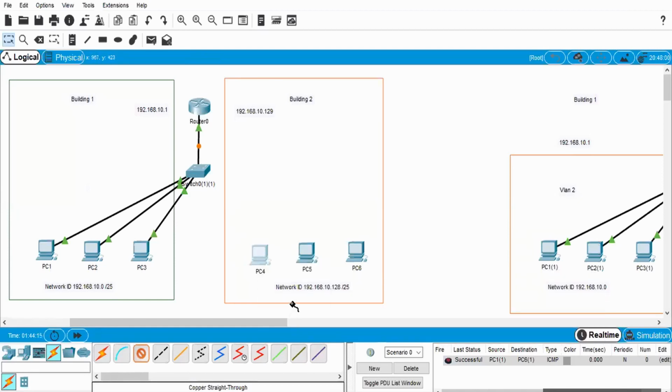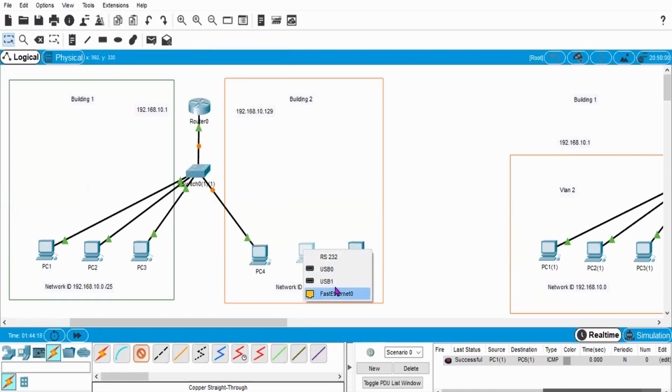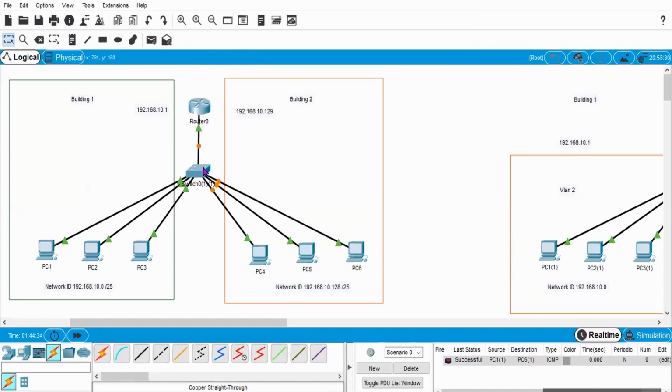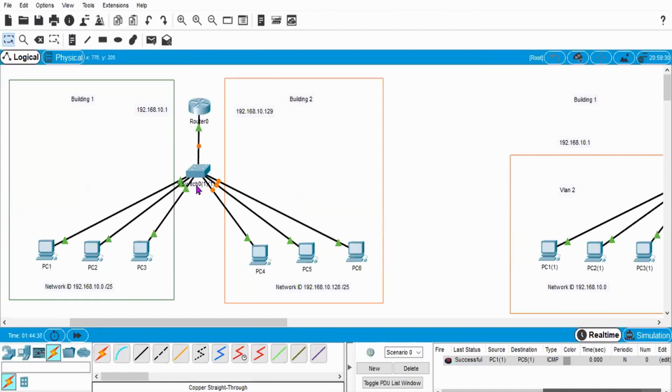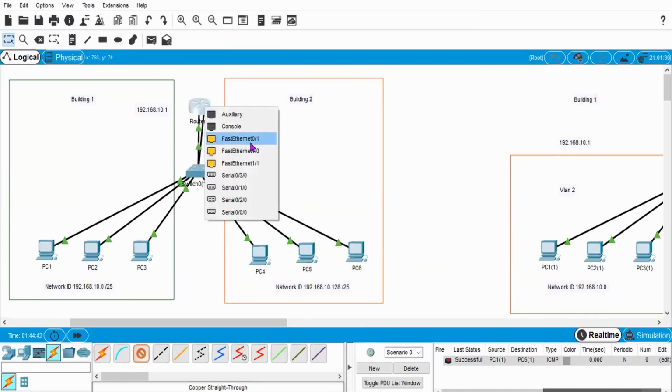Port 5 is connected to this PC, 6 is to this PC, 7 is connected to this PC, and one more connection, which is 8. 8 is connected to this router, that's 0/1.